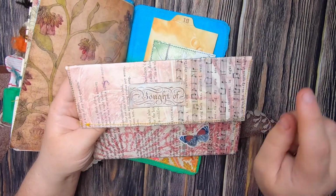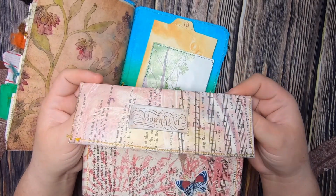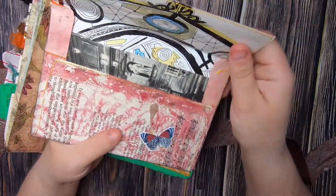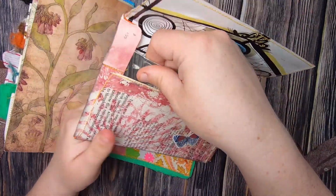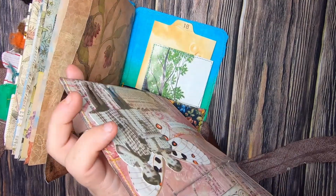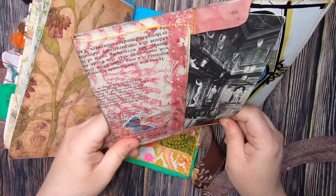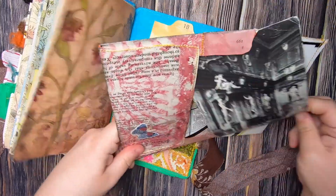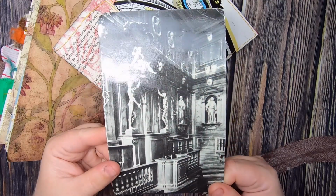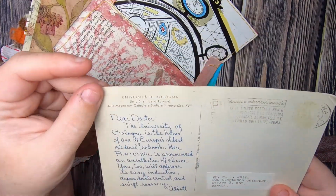And on the back, it says bought of, and this little label, and the paint is really fun. It's iridescent and pearly, and there's a little butterfly here, and on the inside there is a vintage postcard. I can get it out here. There we go. This is only being opened for the first time, so it's a little stiff. There we go. So see, it's like a museum with lots of sculptures, and on back it's a